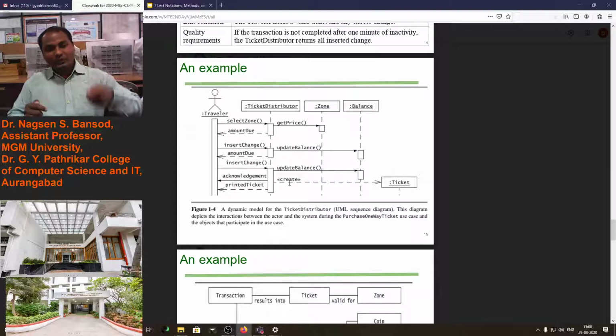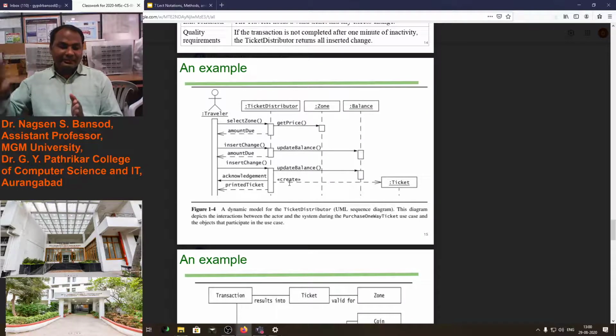Suppose we are using our ATM card for taking the ticket, then that machine will be connected to the bank, and in the bank there will be a server. That server will also act as an actor. So we can say there will be three types of actors. First is the user, second is the ticket distribution machine, and third is the server which is in the bank.